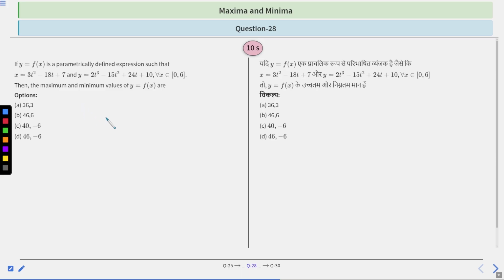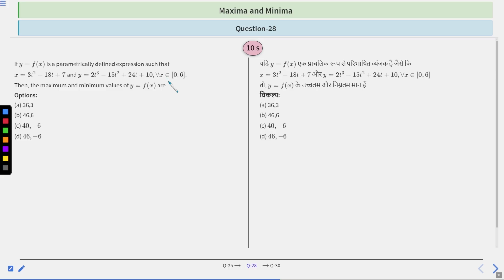Now we have dy by dx. We will put dy by dx equal to 0, and we get the critical points. Now at each critical point, we will calculate d square y by dx square. All the things are in terms of t. Therefore, we can calculate d square y by dt square and d square x by dt square. Therefore, we can calculate d square y upon dx square by dividing these two, or we can convert this t in terms of x or y, right?